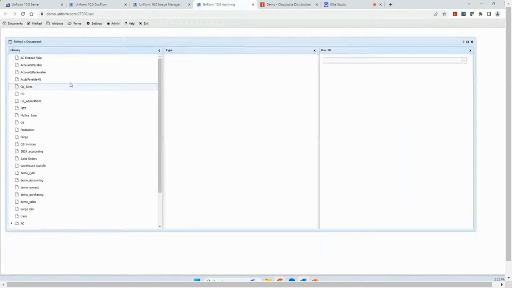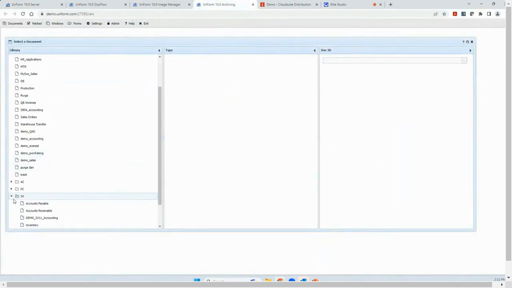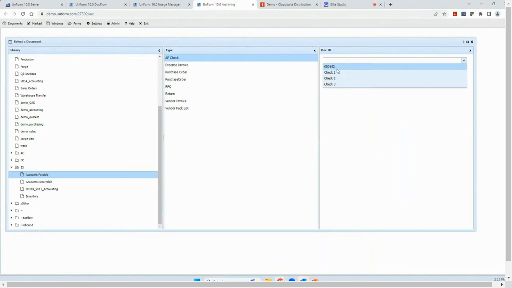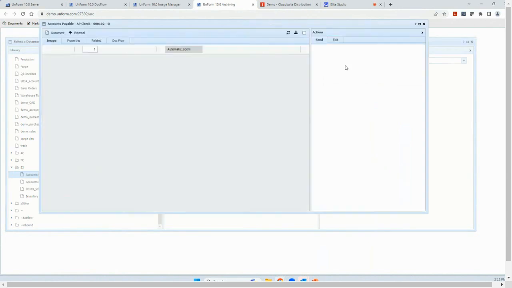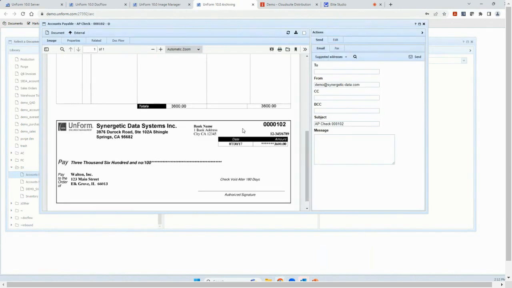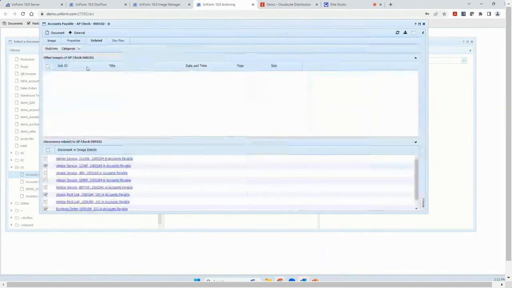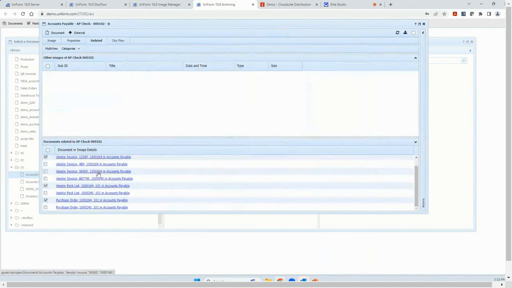The archive is where we store documents as they come in, and they're organized based on libraries, and those libraries are typically just logical groupings of documents based on a job function. So within accounts payable, you'd have an accounts payable library with all the documents typically associated with it. And then within there, once you found one end of the transaction, in this example, it would be a check that was captured as it was printed. Because on the remittance advice we've got invoice numbers and PO numbers, we're able to link back to those documents that are also stored in UnForm.